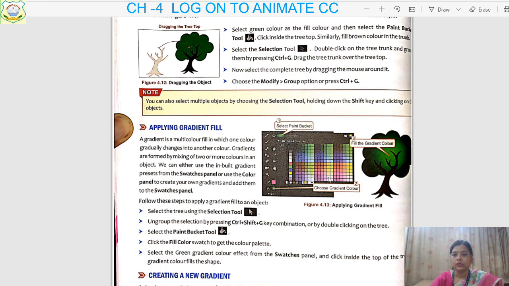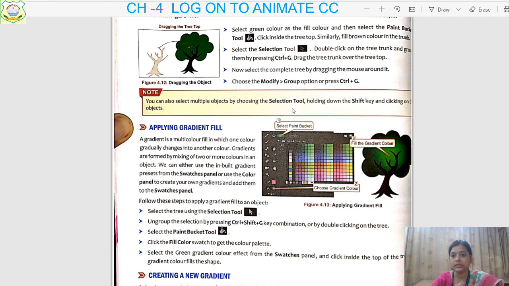Or you can double click on it also. Select the paint bucket tool. Now we have to fill the color. Click the fill color swatch to get the color palette. This is the color palette, children. Select the green gradient from here.